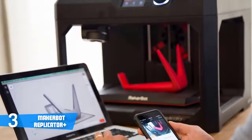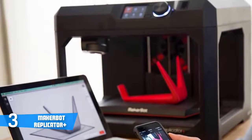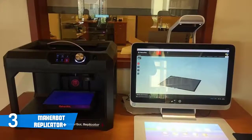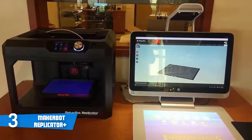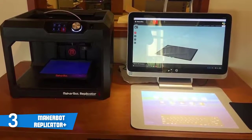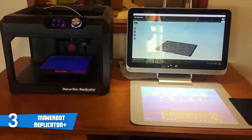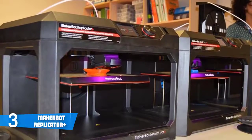Moving on, the reel of filament used for printing is stored in a tray that lifts from the back of the printer, which is definitely tidier than having the filament reel hanging off the back of the printer. But it does make it harder to figure out how much filament is left, which can be annoying if you often switch print materials. Moreover, you can control the Replicator Plus directly from the device itself, from the MakerBot's desktop programs running on a PC or Mac,